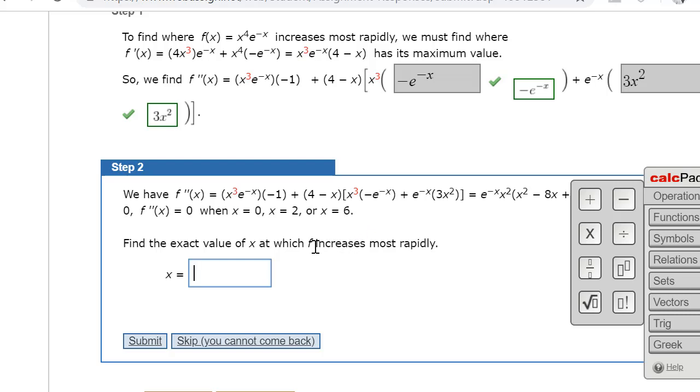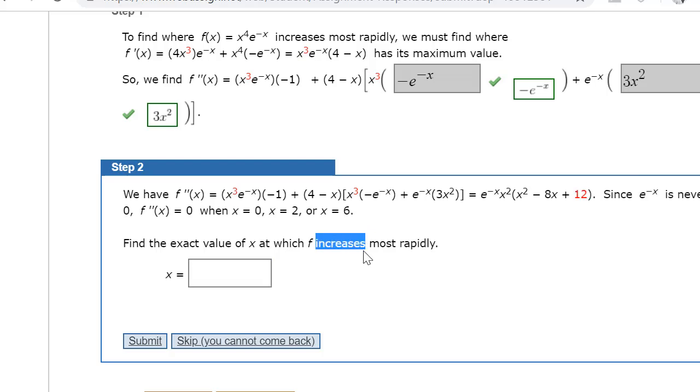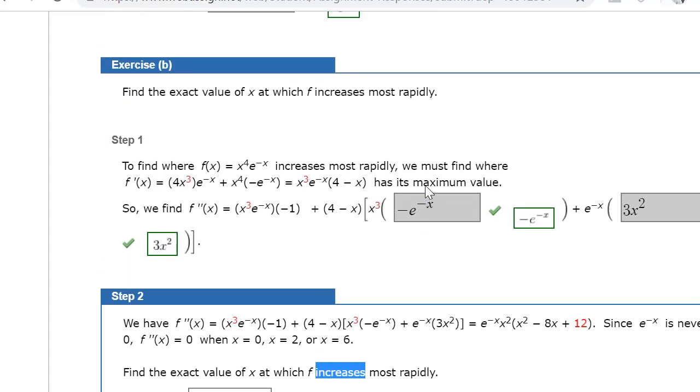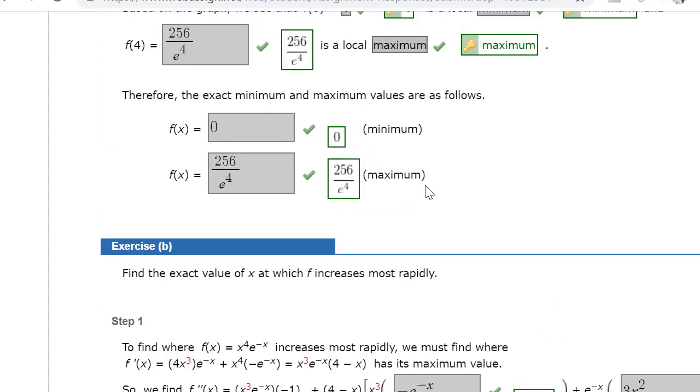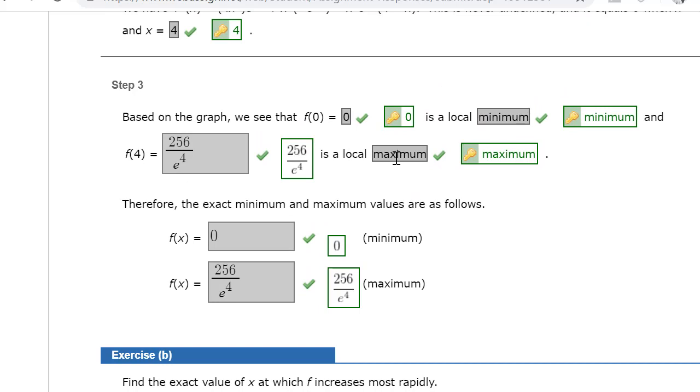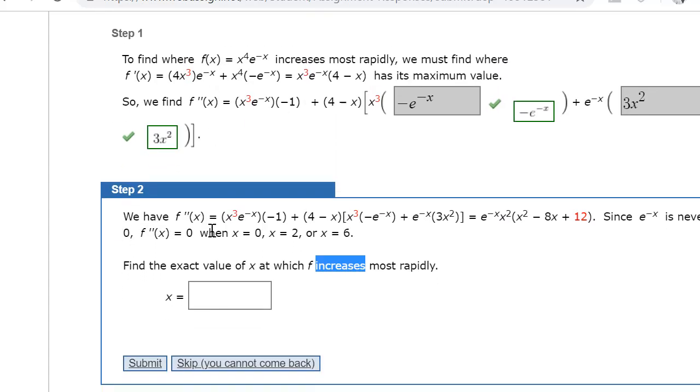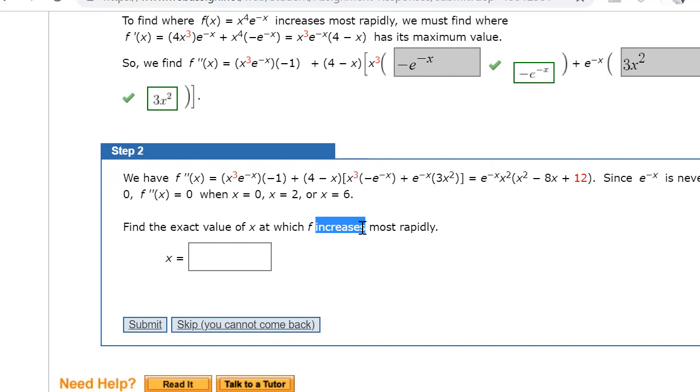So increases most rapidly, we have to look at the interval where f increases. In part A, I think we found that 0 is a local minimum and a local maximum at 4. So to the left of 4 it must be increasing, and then to the right of 4 it is decreasing. So to the left of 4 it's increasing, and it has